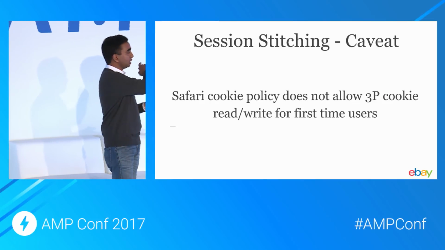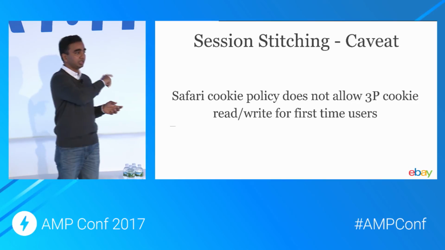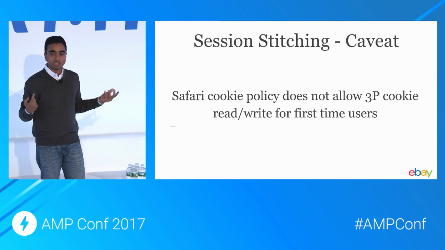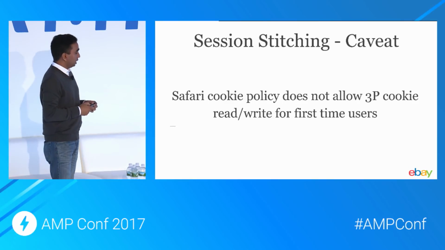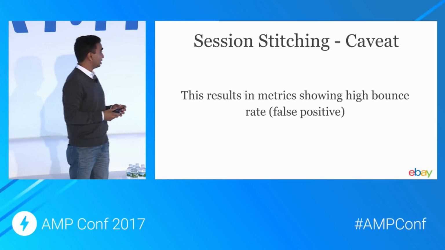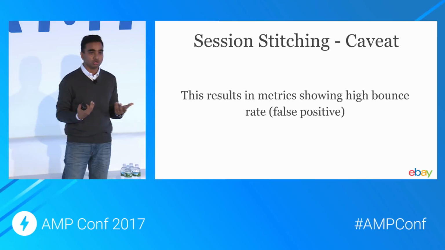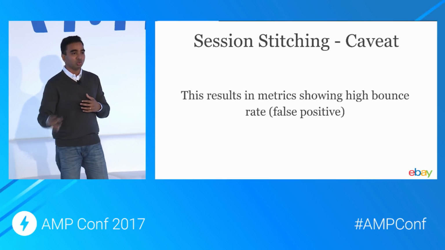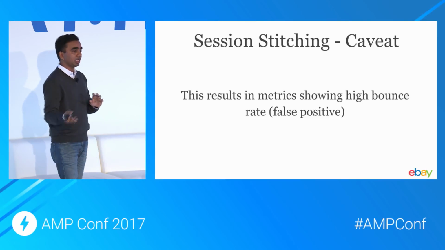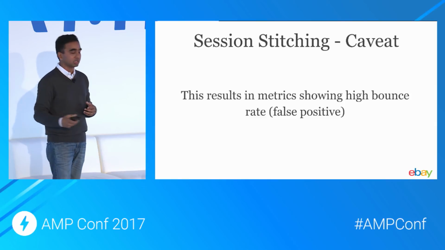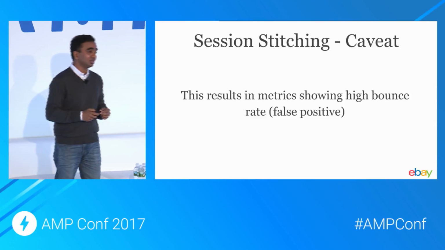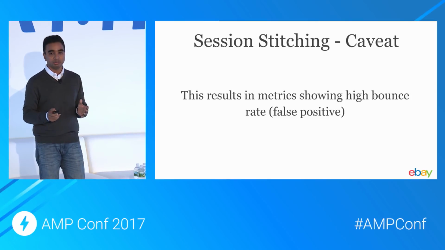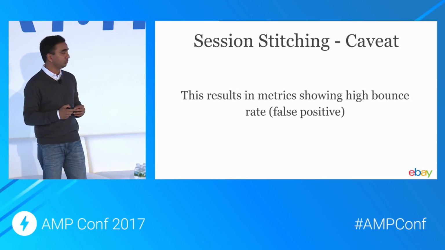So which means when the user clicks on an AMP page and they go to an eBay view, we don't have session data. We think that's a new user just coming to ebay.com. So this would obviously result in a high bounce rate, because we were assuming initially that all our users came to AMP and they just went away without even doing a transaction or without coming to eBay and visiting our site, which is obviously a false positive. And honestly, we don't have a good solution for it yet because it's a cookie security policy that Safari enforces.